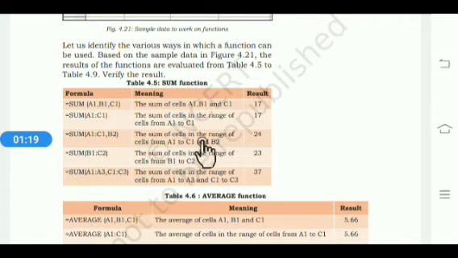The sum of cells in the range of cells from A1 to C1 and B2: for this, put equal to SUM A1 colon C1, then comma B2. The sum of the cells in the range of cells B1 to C2: for this, put equal to SUM B1 colon C2.